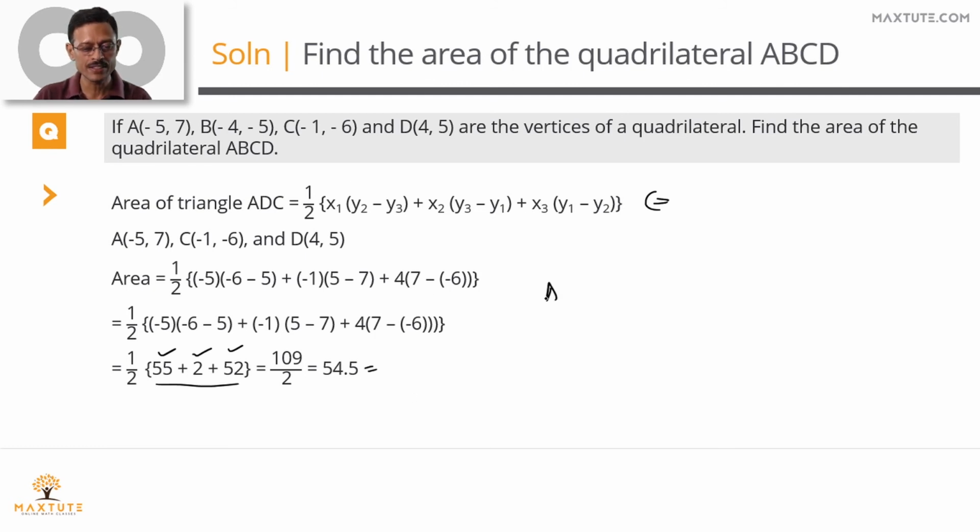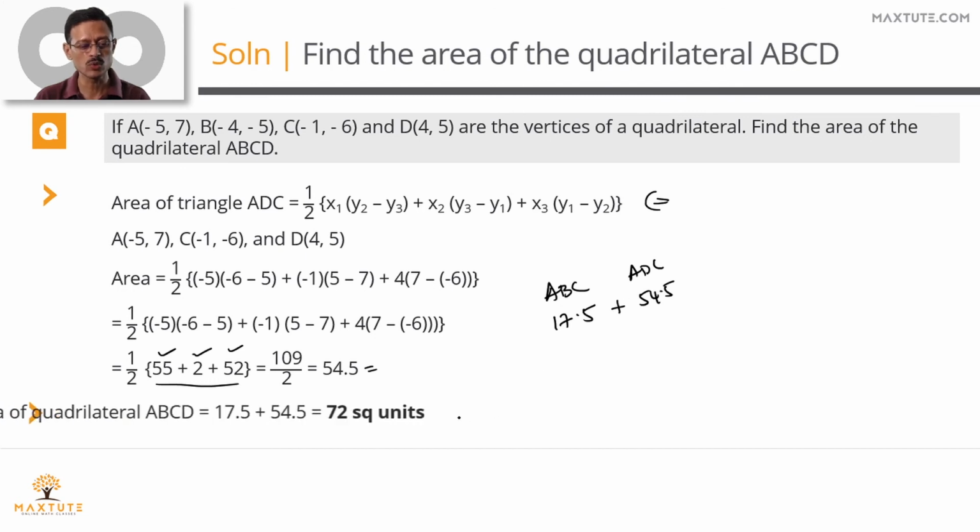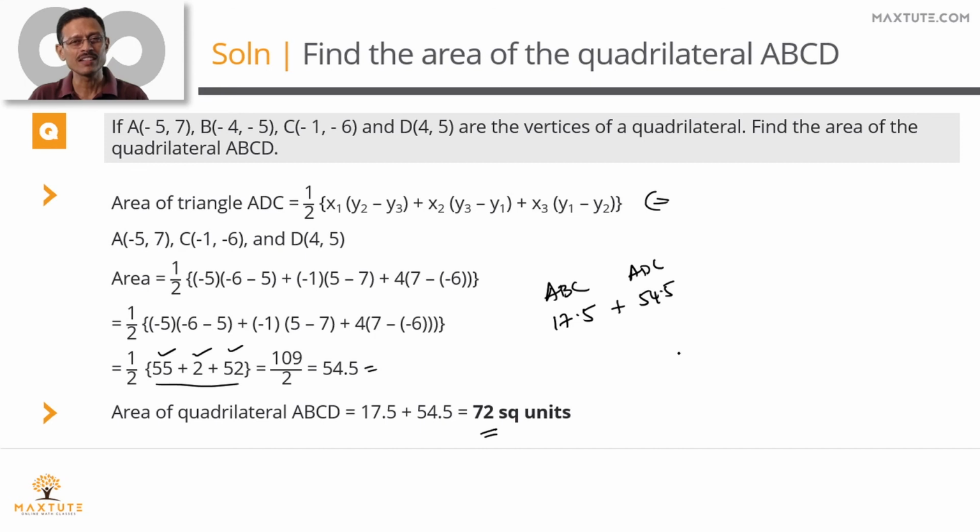Area of triangle ABC, we computed two slides back as 17.5. Area of triangle ADC is equal to 54.5. Adding these two, we get the area of the quadrilateral to be equal to 72 square units. So the question conceptually is not very difficult, but it's very meticulous. It takes quite a bit of time, but do it carefully